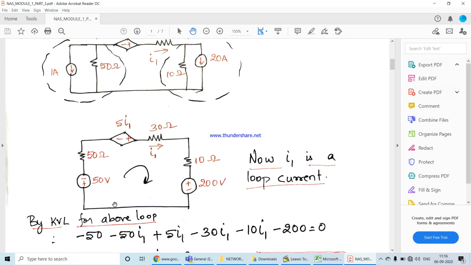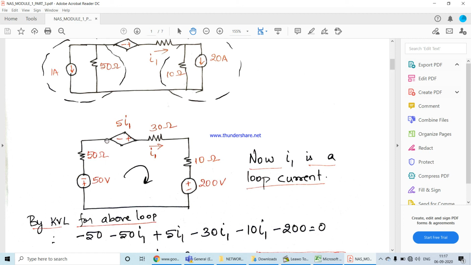Okay. Plus to minus, so if you take the arrow and start flowing through this particular voltage source, it is plus to minus, so minus 50. And voltage will always be a drop across the resistance, so I will always take negative here, so minus 50 times I1, that would be the voltage across 50 ohms. So KVL means what? We will do the summation of the total voltages that you come across in a series network, across each element. Right, so adding up all the voltage drops across each element, and that would be equal to 0. That is what Kirchhoff's voltage law says.